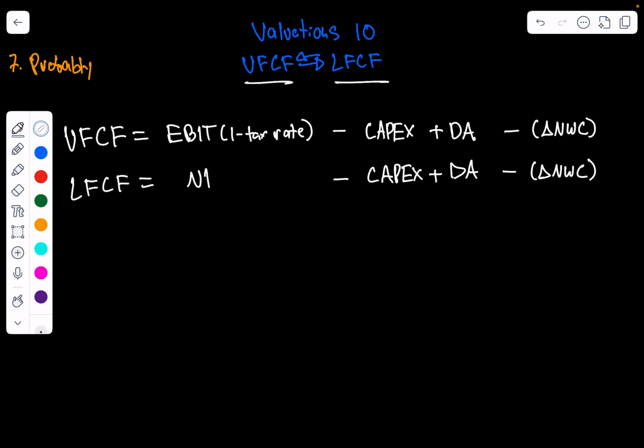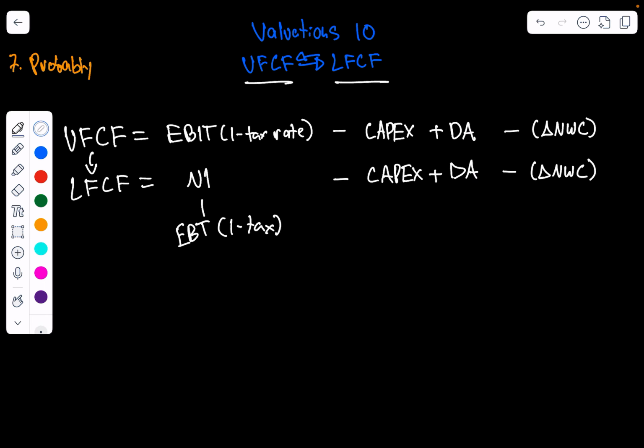So this is a question that sometimes comes up, and a banker might ask you, how do you go from unlevered free cash flow to levered free cash flow, right? Well, this is the exact same, this is the exact same, and this is the exact same, right? So what's the only difference? Well, in this one, net income is essentially your earnings before taxes times 1 minus the tax rate. And this is your earnings before interest and taxes, right? So the only real difference is